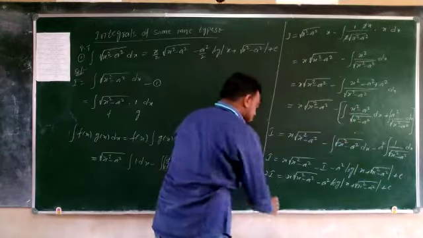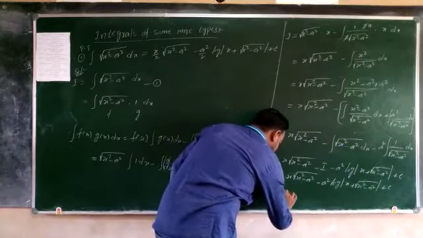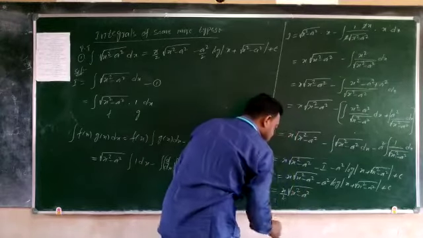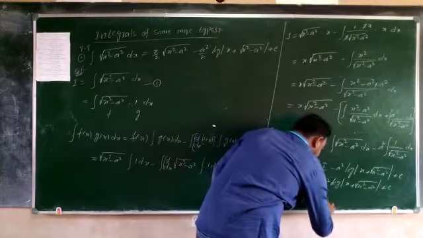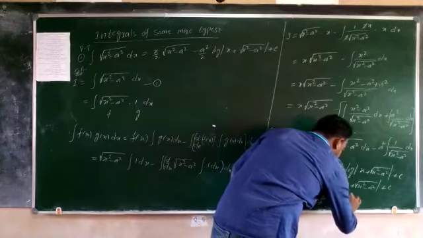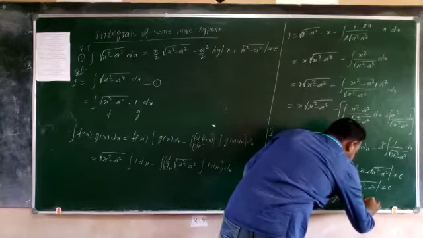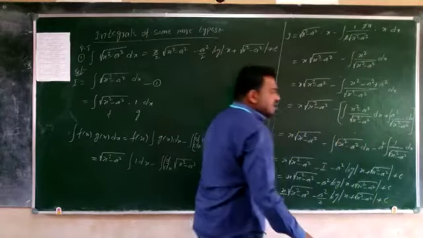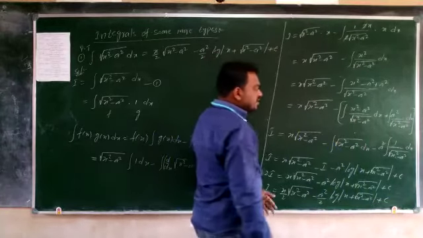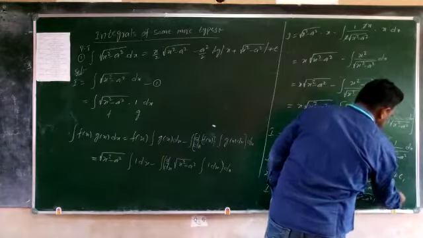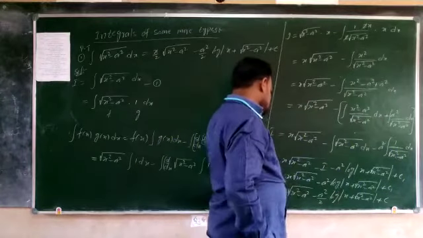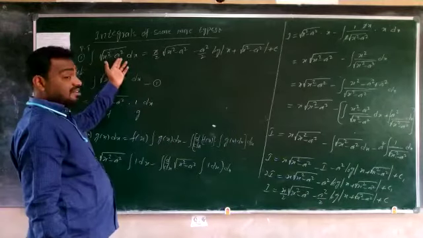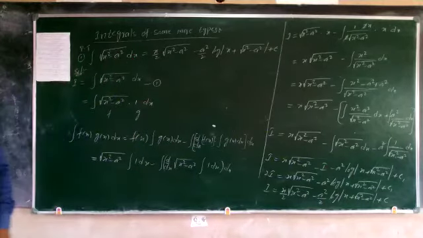Now 2 is taken to the right side, then I is equal to x by 2 into under root of x square minus a square minus a square by 2 into log mod of x plus under root of x square minus a square plus c by 2. C is the constant, c by 2 is one more constant. This c1 by 2 I am writing as capital C. This is the solution of integration of square root of x square minus a square into dx.